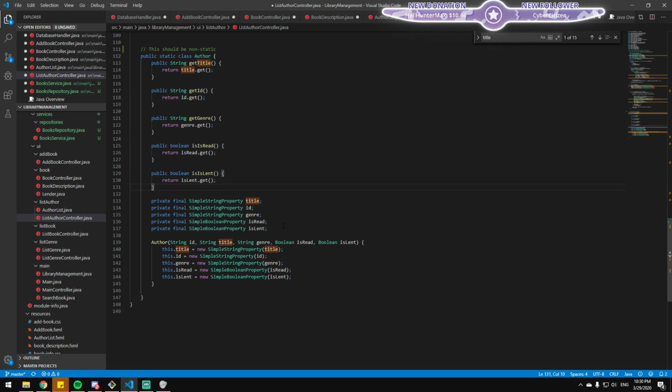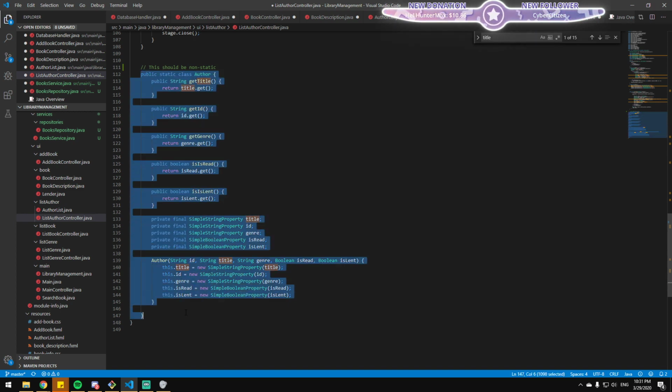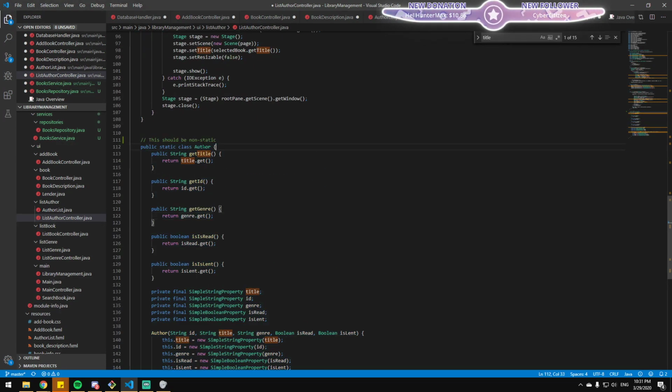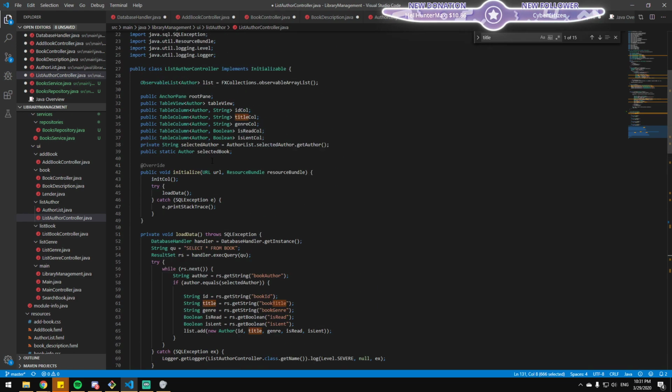Is that something built into the Java API, or is that a JavaFX thing? I've never heard of it. I've never heard of SimpleStringProperty either. It's bizarre. It's JavaFX specific. Okay, so the whole thing is JavaFX specific. You need to declare a static class and have those so that it's for the view.